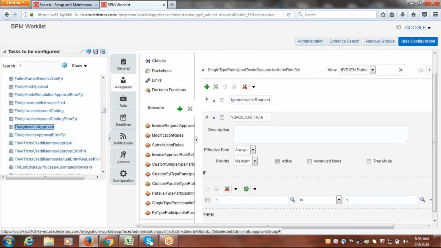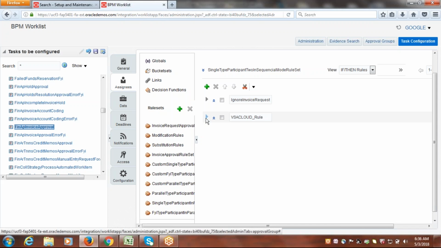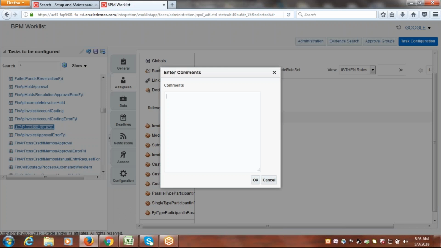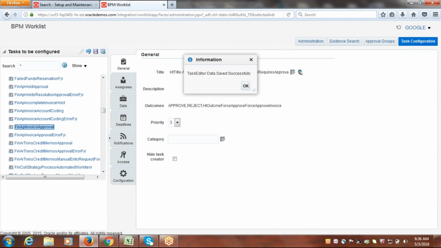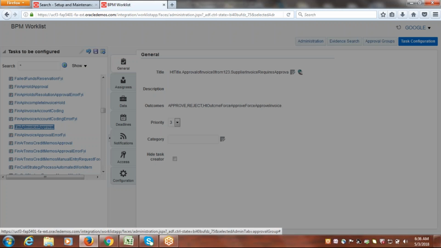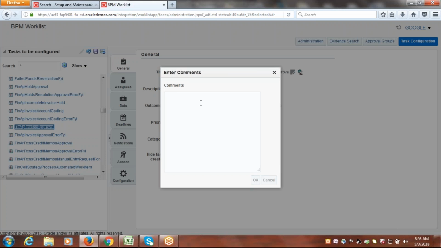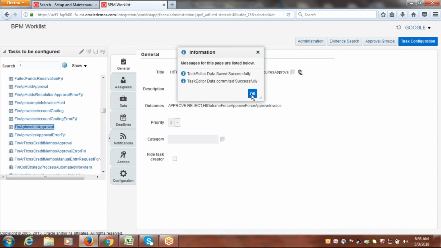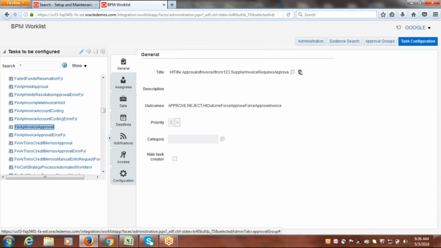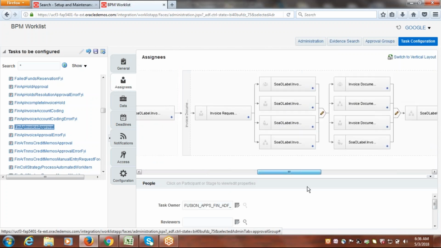So instead of working on those messages, the best thing you could do, since this is a test environment, is deactivate the rule which already exists. There won't be an issue. So deactivate, then just save and do commit. It's not mandatory; you can leave those rules as you see them and create your own rule, making sure that you are creating it properly. That's it. Go to assignees, go to the same node,